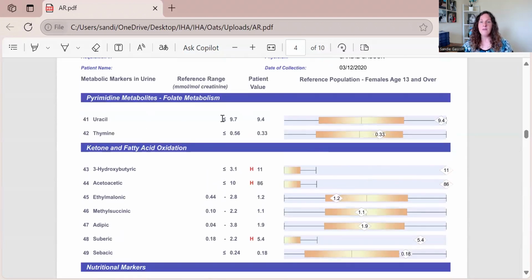All right, so there is some folate metabolism here. I do not go off of this. I just ignore these two markers. I want to see your genes of methylation. So your methylation genes, MTHFR, BHMT, MTR, MTRR, all of those ones. We want to look at a picture of what's going on with methylation, and then we see the gatekeeper of